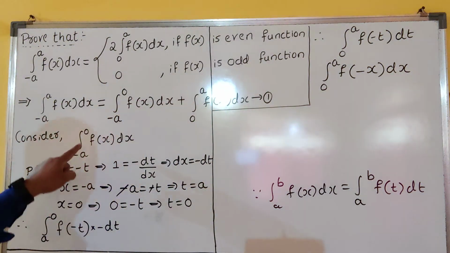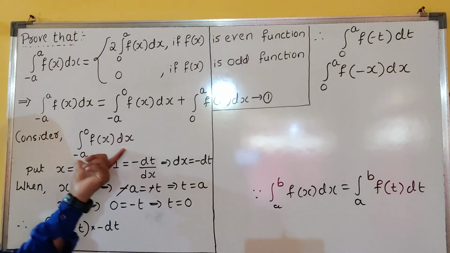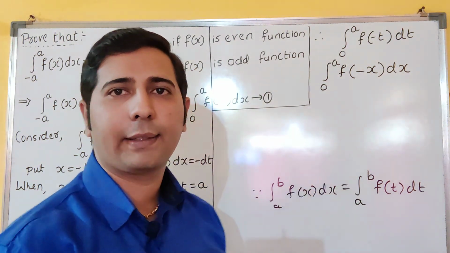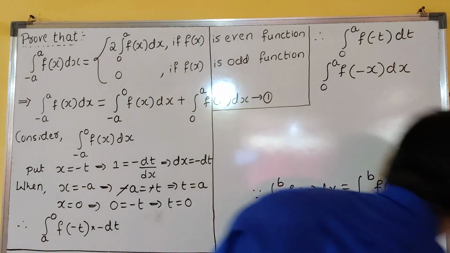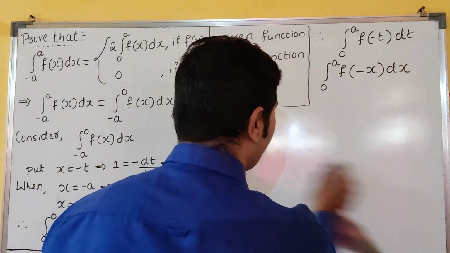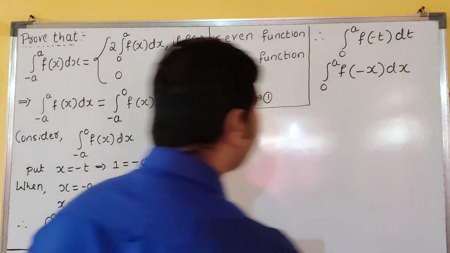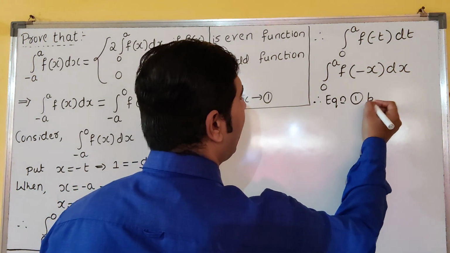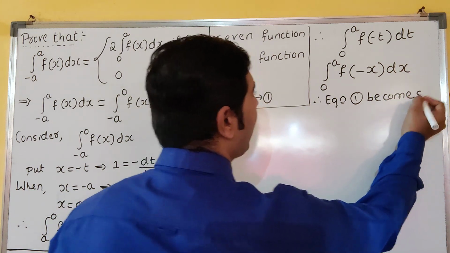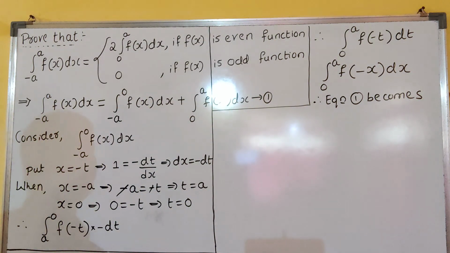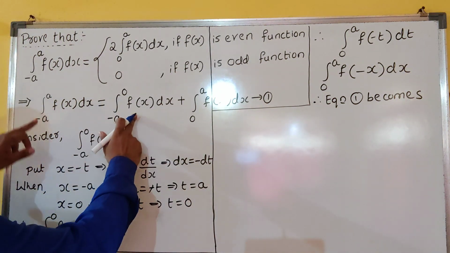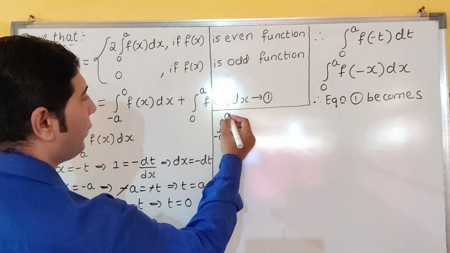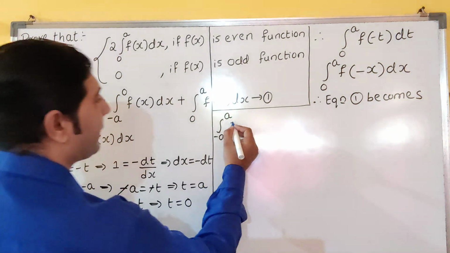So now this value, consider you have done, no. This value has become how much? Integration 0 to a f of minus x into dx. Clear everyone? So now therefore equation 1 becomes. What does equation 1 say, you see here. So equation 1, what you have taken? Integration minus a to a f of x dx